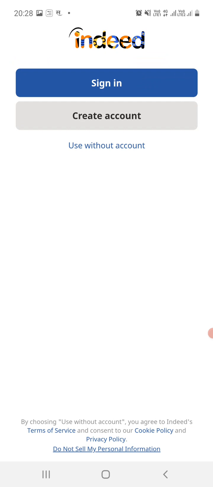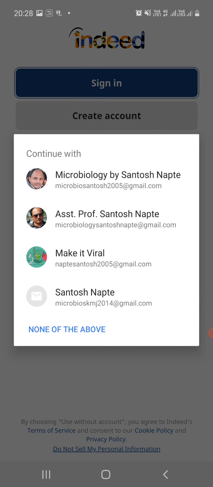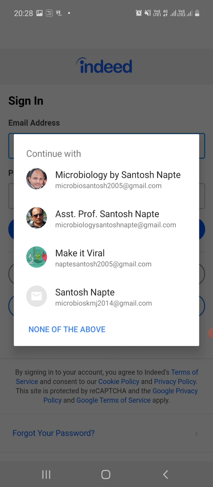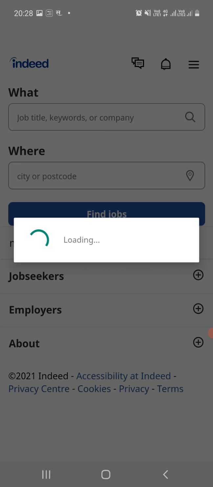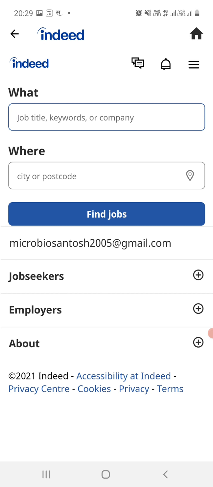I will sign in, and if you are new to this application, you have to create the account first. After signing in, they will ask for the mail ID. I will use my mail ID, microbiosantosh2005@gmail.com.